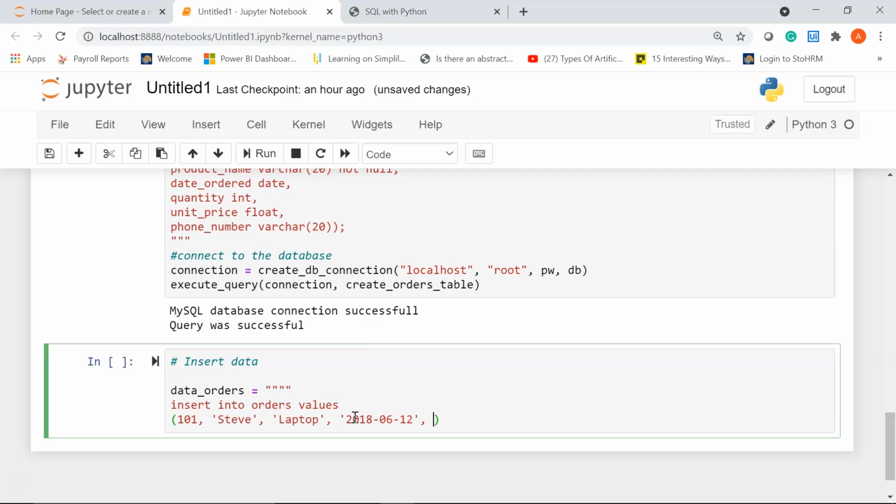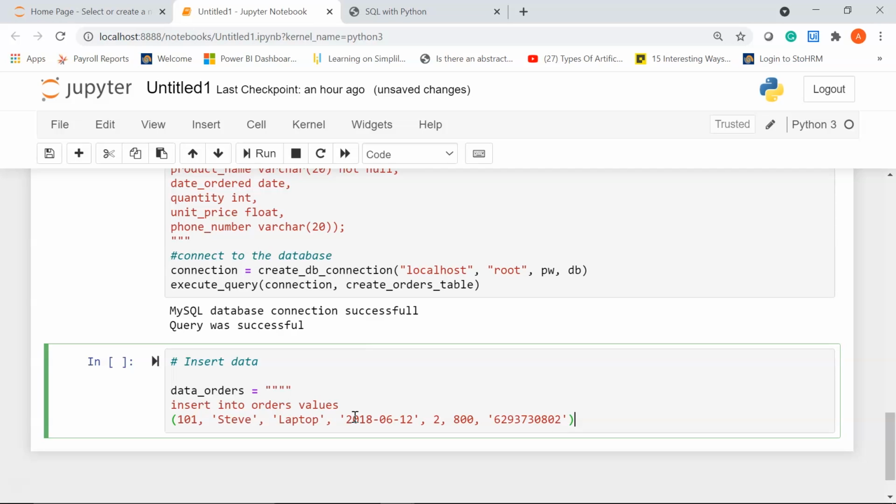I'll give another comma. This time we'll pass in the quantity, which is 2. Let's say the price of each laptop was $800, and we'll give a phone number. This is random. Let's say 6293730802.